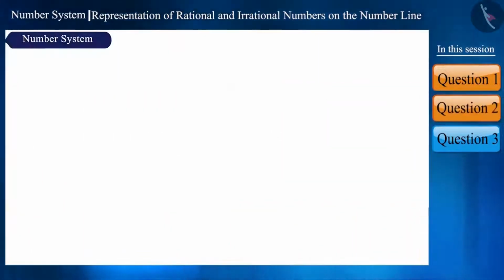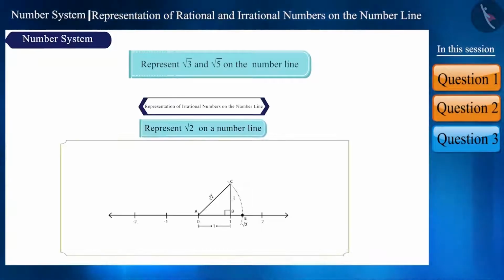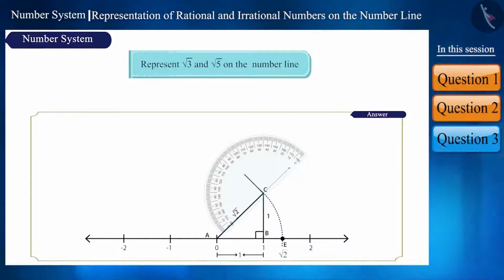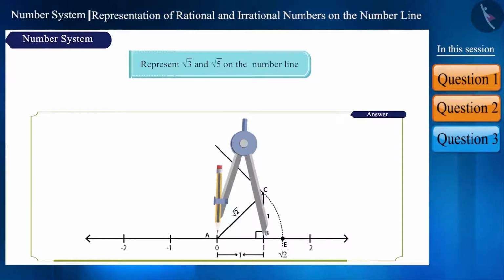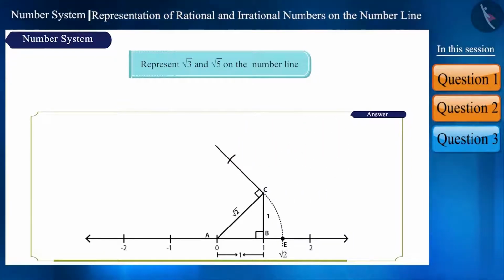Now let's take another question. Can you represent root 3 and root 5 on the number line? In our previous video, we learned how to represent root 2 on a number line. Following the same method, let's see how to represent root 3 and root 5 on the number line. Here, point E represents root 2. We will now construct a perpendicular on line AC. Now measure the distance of 1 unit using a compass and draw an arc from point C on the perpendicular